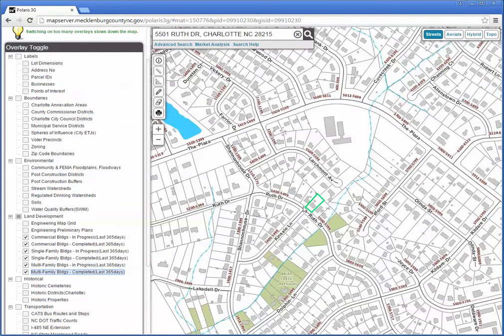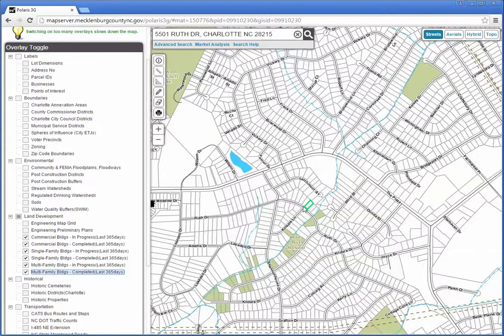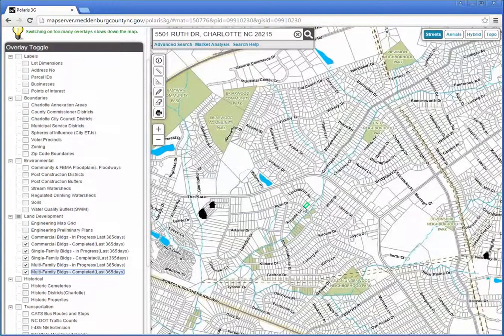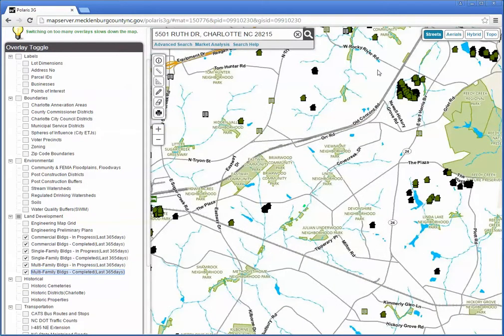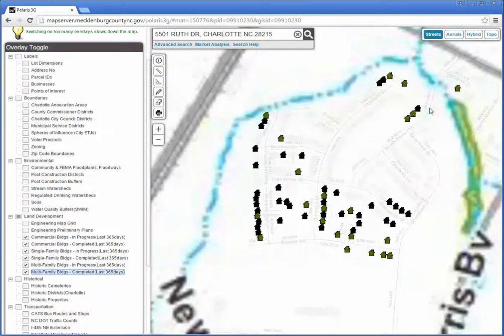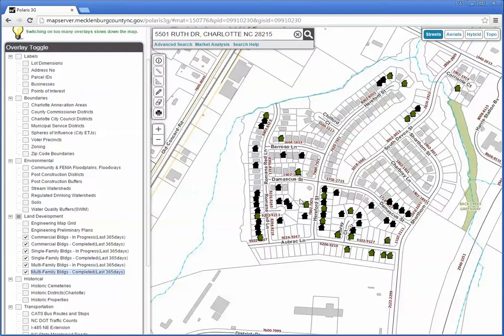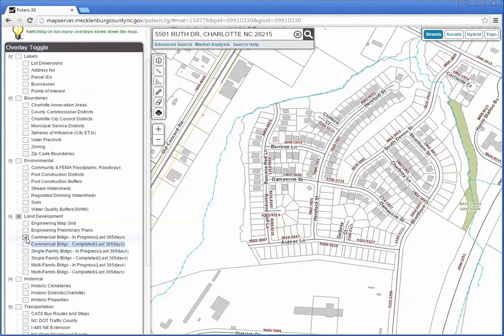So you may actually need to zoom out just to see where these things pop up, because somewhere in the county you may be in an area where there's really no development going on, particularly if it's a very well established neighborhood. So you can see here I'm zoomed out. You can see up here on Old Concord Road there's quite a bit of activity right here, so if I wanted to go up here and zoom in, I could. And you can see here's a subdivision that's being built out as we speak. So very, very useful information to see exactly what kind of land development activity is going on. So I'm going to go ahead and check all of these off, and we'll continue